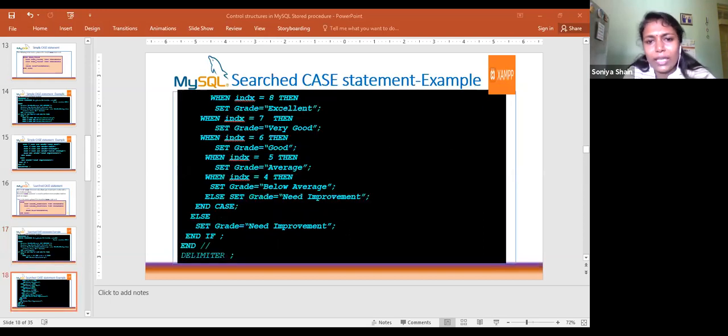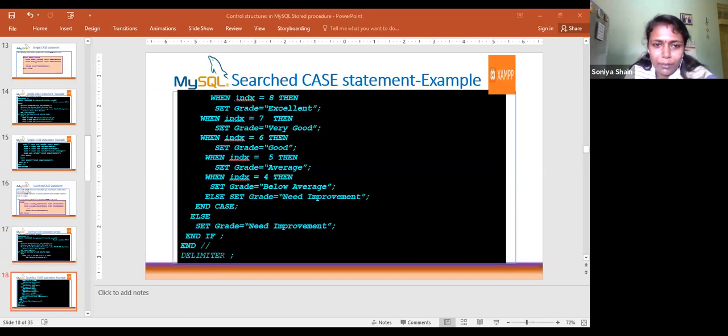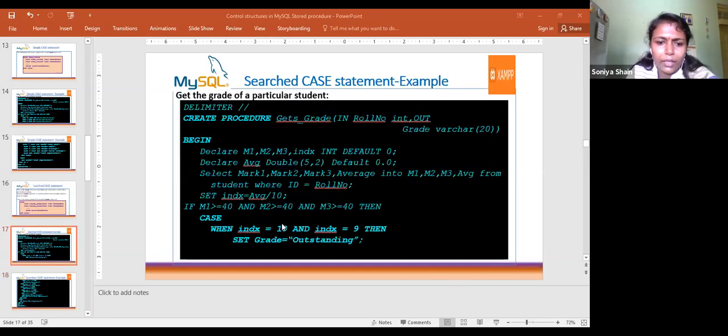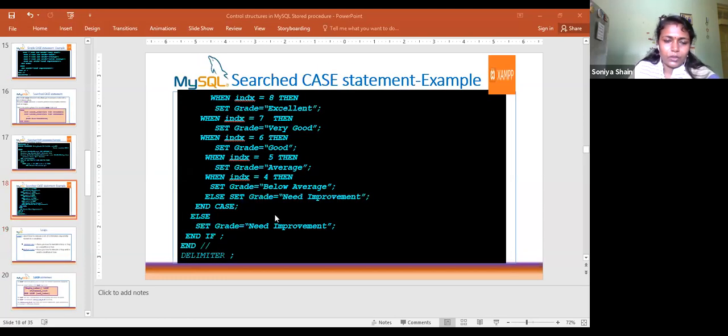And one more statement I will discuss: the leave statement. If there is no need to execute the other cases, you can quit from that case using the leave statement. Later I will discuss it in detail. You have to write leave, semicolon, then it will quit from there and not go for the other conditions. Range of values can also be written like this; here it is greater than, here equal to only. It is just a sample I have written, you can try it. Here greater than or equal to 10 will also work.